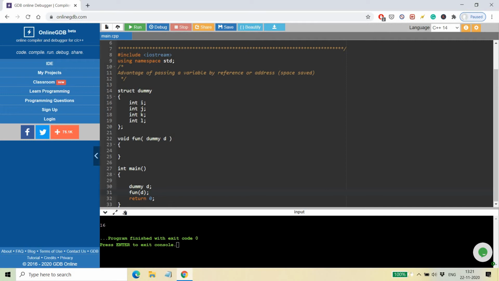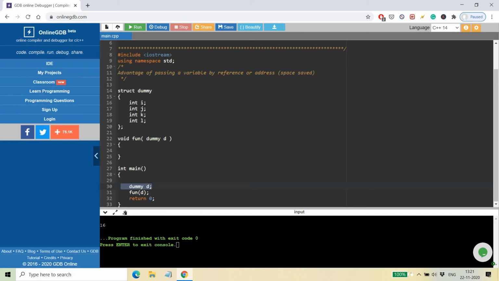This is going to take another 16 bytes in memory. Why? Because d is the actual argument, which is passed to the formal argument of the function. So this is a variable taking 16 bytes,